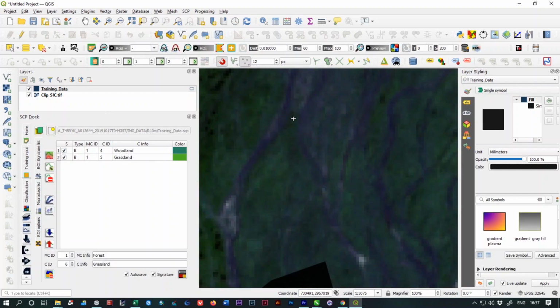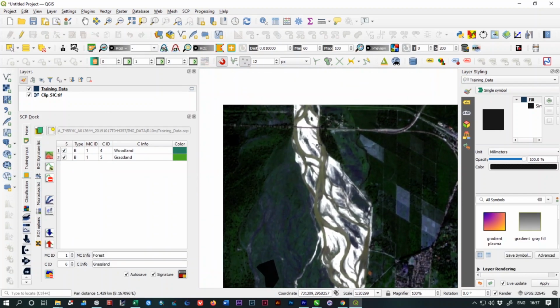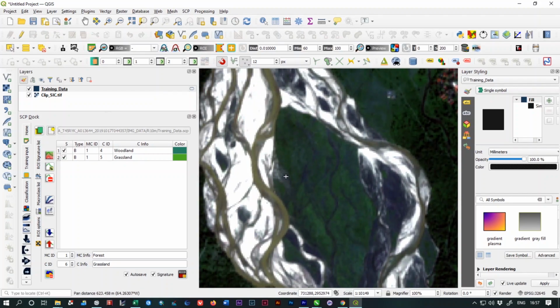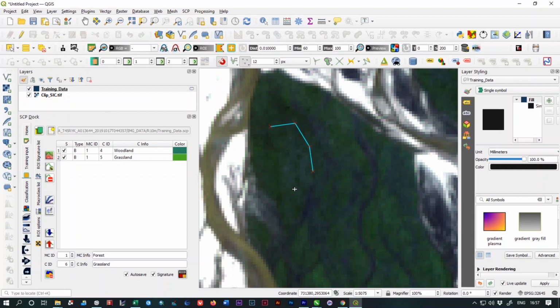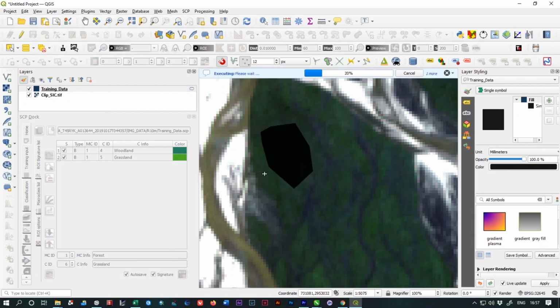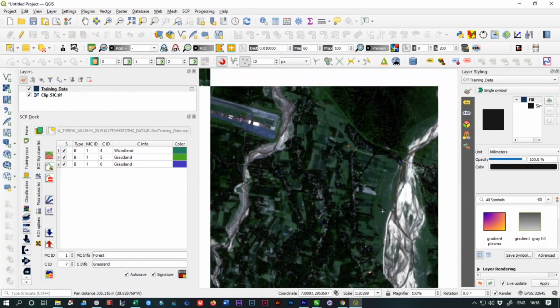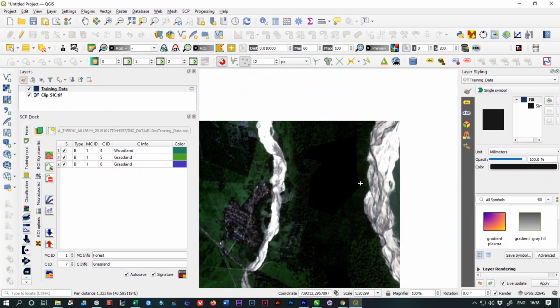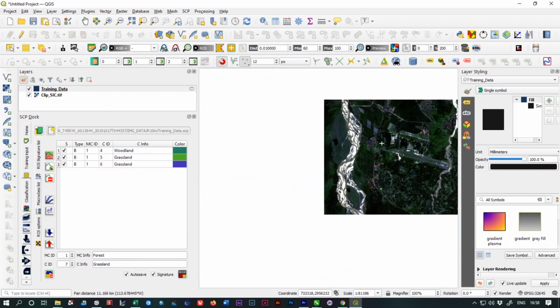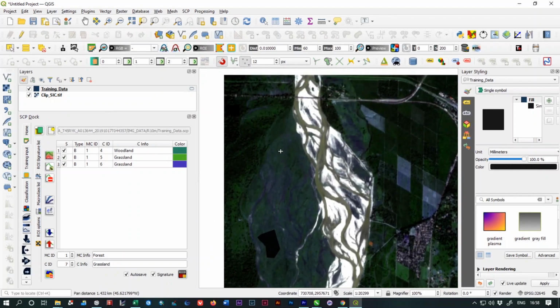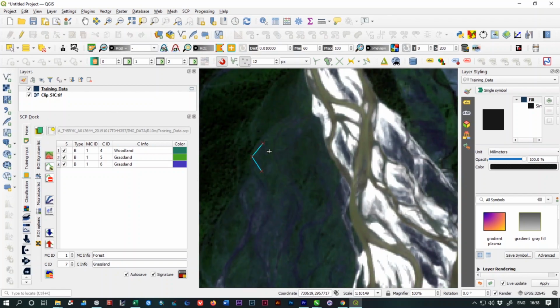There are many streams of river there, so be precise here. Basically woodland portions are not too much in this satellite image, so I think this is enough for now.